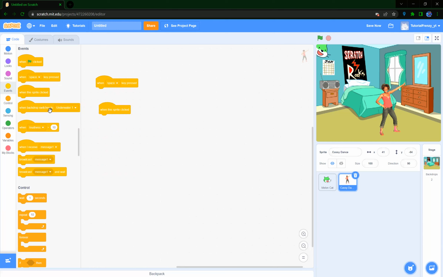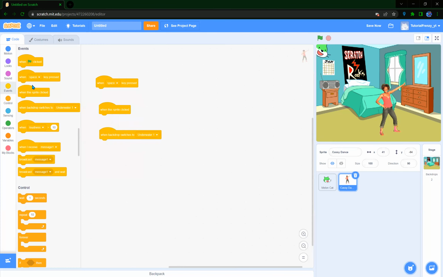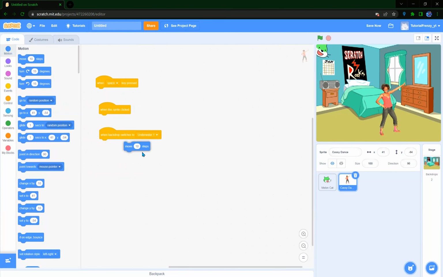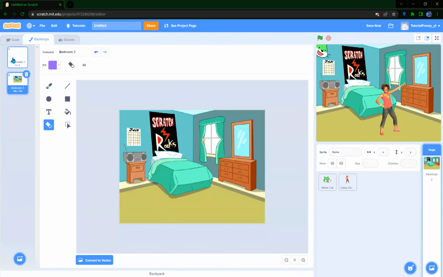Next up, we also have when backdrop switches to something. So this event block will be triggered when the backdrop is changed. Okay. So for example, if the backdrop changes from bedroom 3 to underwater, which is actually blank background, let's make Casey move 10 steps. So now when we change the backdrop,